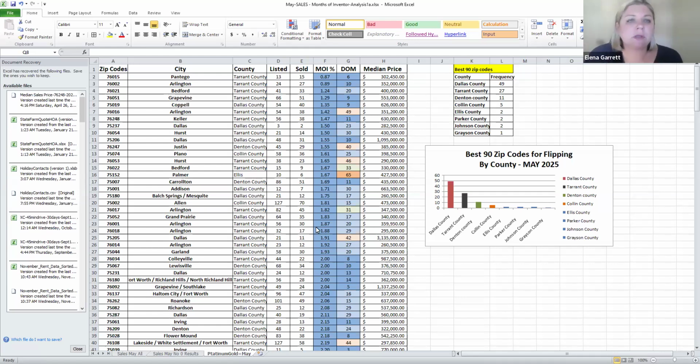Let's start. In this table, we have the zip codes, and I sorted the zip codes by the months of inventory. Months of inventory means absorption rate. Absorption rate is super important when you're deciding where to flip because you don't want your flip, once it's ready, to be competing with 80 similar flips. Because in that case, in order to compete, you either need to have a cheaper price for the same quality, a better quality for a very similar price, or you need to have something very, very special in order to win